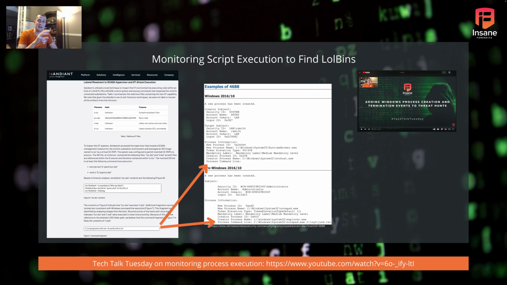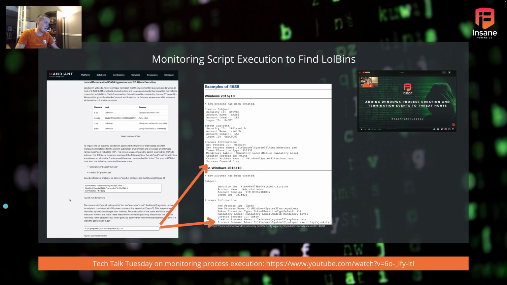But on the host, again, we actually can get visibility down to the granularity of this. Something that we actually do pull this log in for that reason, to say, hey, let's start looking at the relationships between parent and child processes and the command line and what gets called in here.